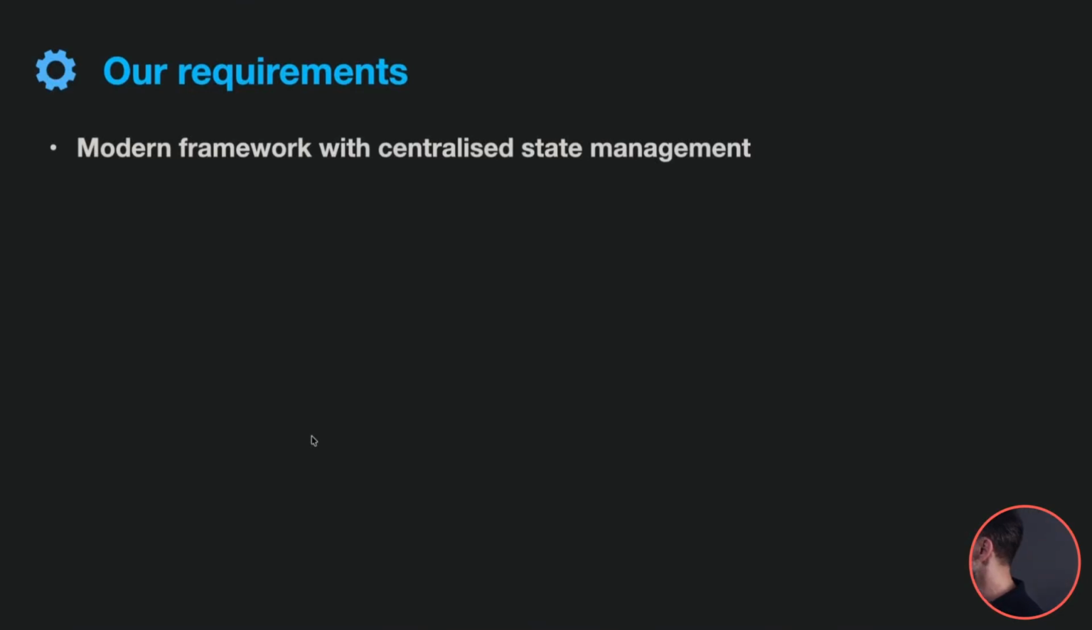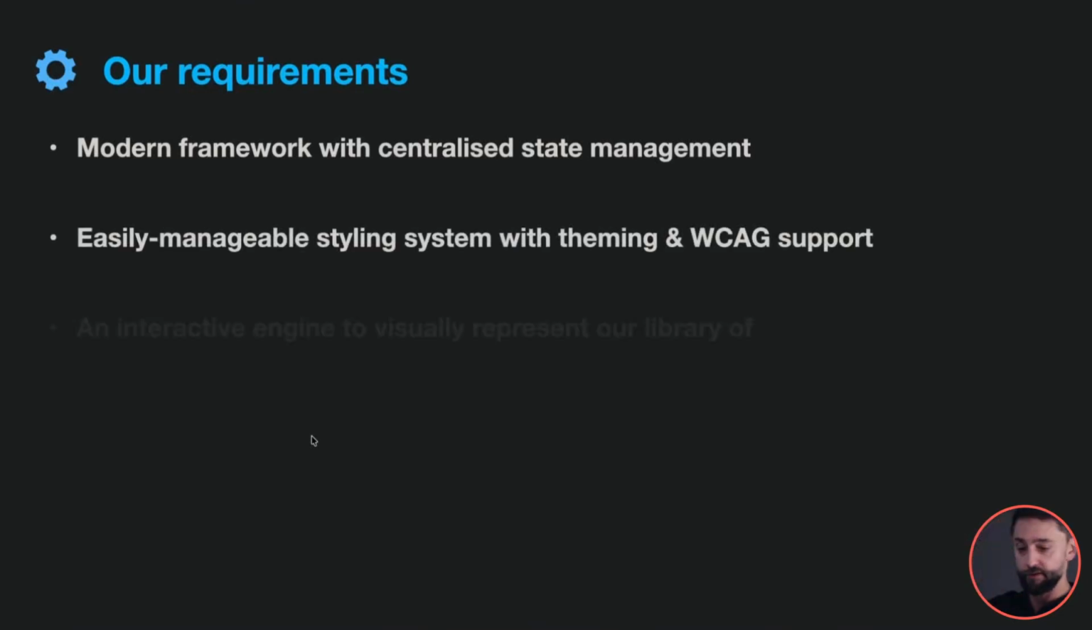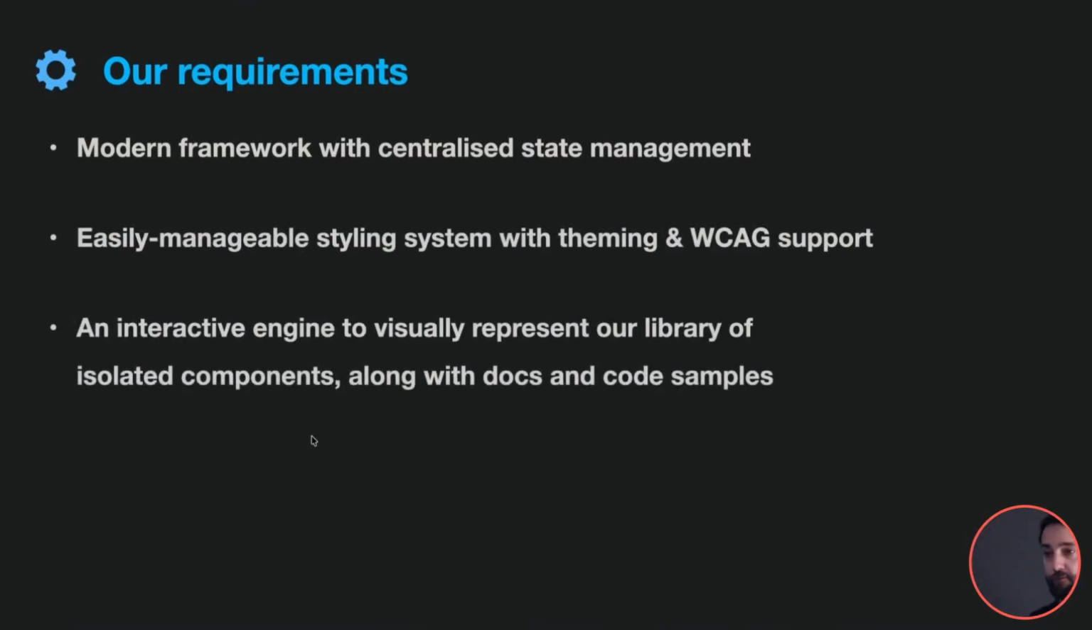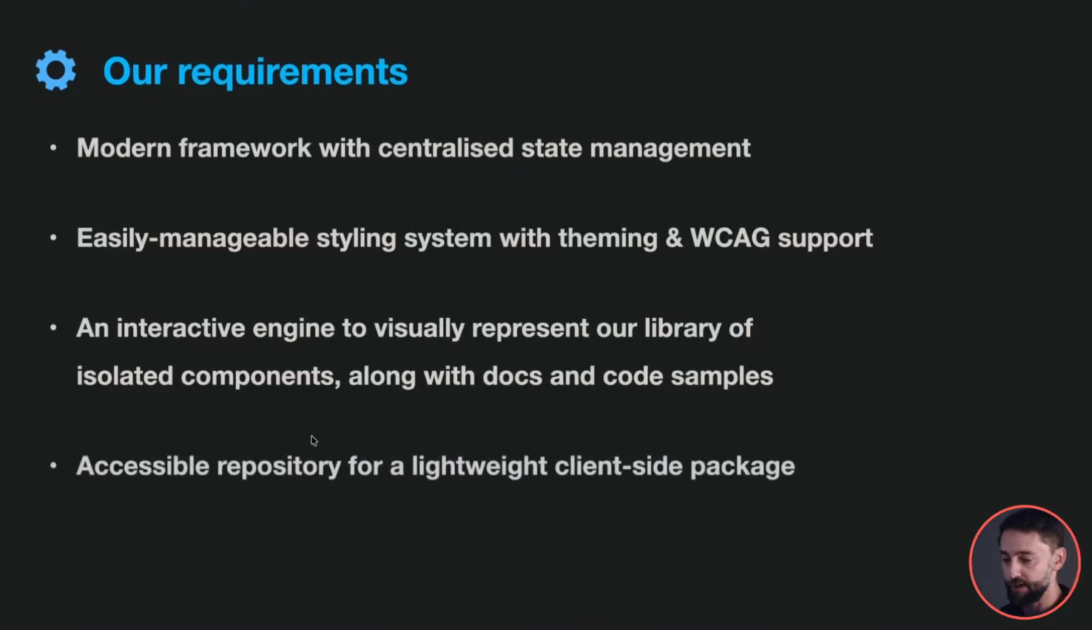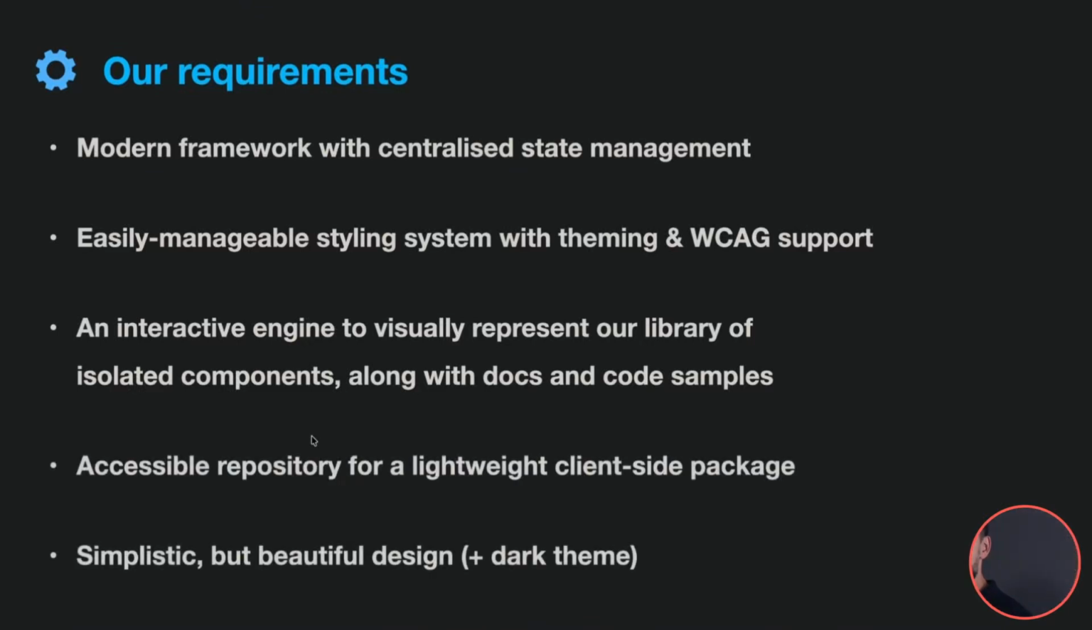So, based on all the reasons that I just mentioned, we had the list of the requirements of the input that we started building the Enonic UI with. To have the modern framework, to have the styling system, to have some kind of interactive engine which would visualize the components and make it easier to try them out. The accessibility was very important,